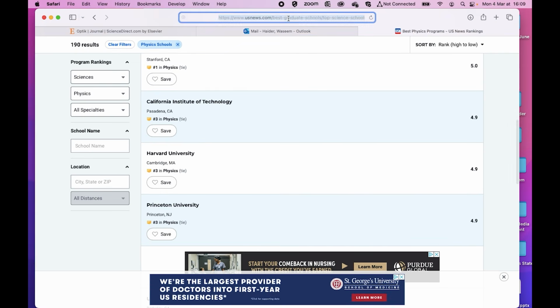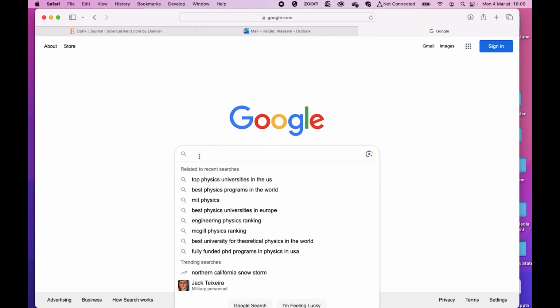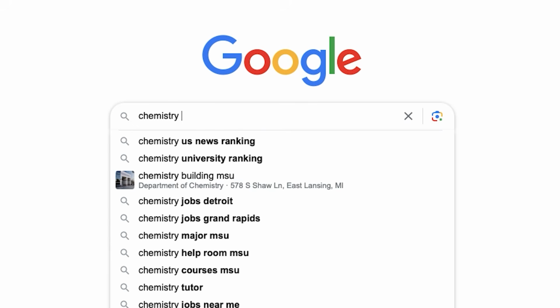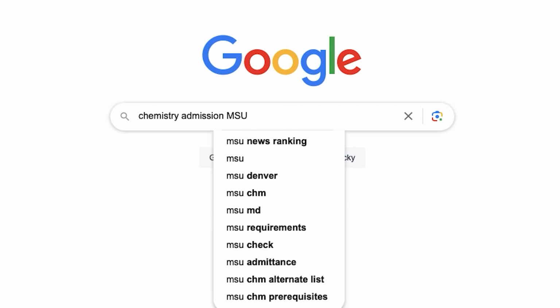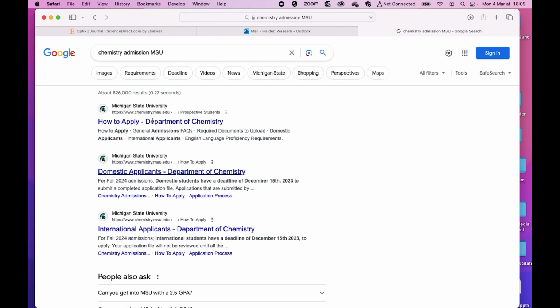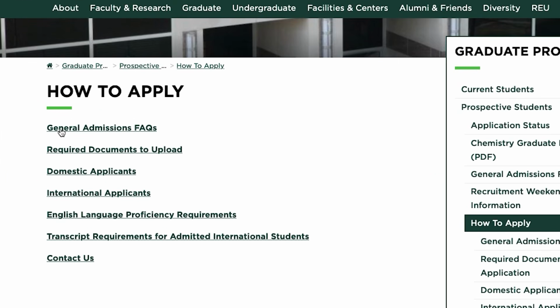So what I'm going to do here is I'm going to go to Google, and let's say I am going to see chemistry department, let's say chemistry department at Michigan State University. So here the first link is chemistry.msu.edu. So here you could see that I have how to apply. They have general admissions, frequently asked questions, required documents to upload, domestic and international applicants, English proficiency requirement, and